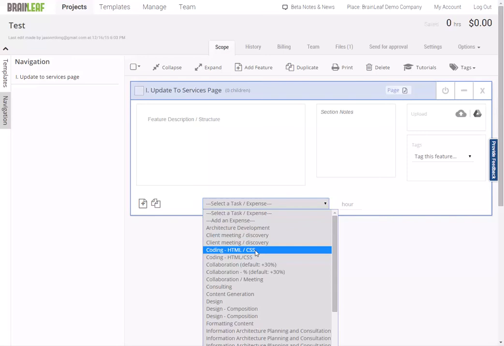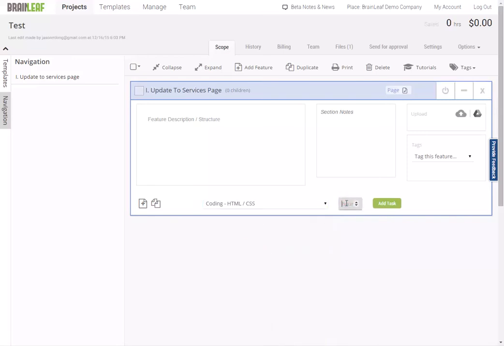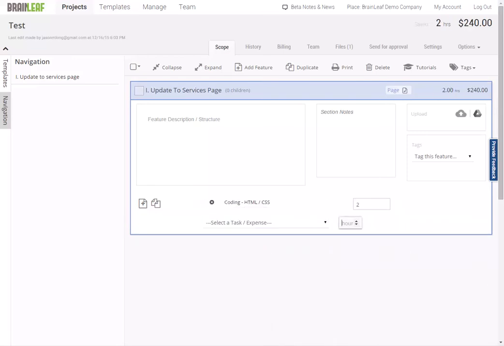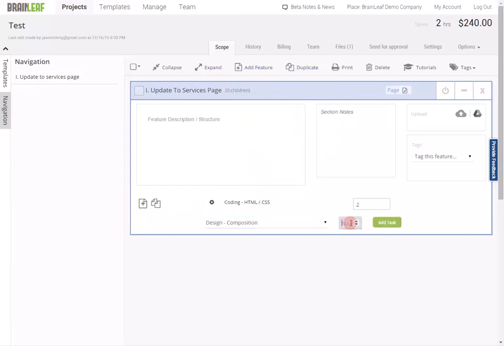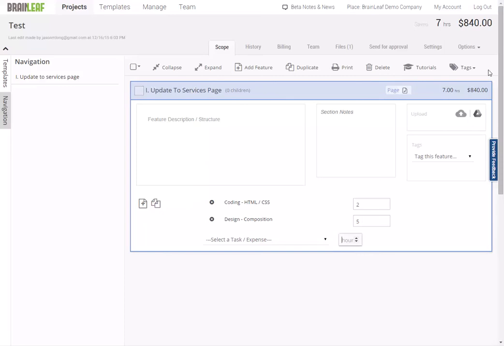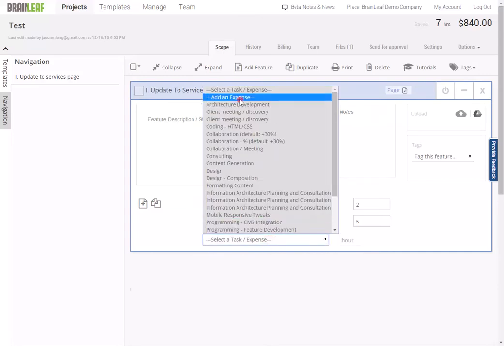So in this case, I'm going to say this is coding, and it's going to be 2 hours of coding. And you can see right here, it added 2 hours at $120 per hour equals $240. And if I want to add another one, say composition design, then I'm going to add 5 hours, and now we've got 7 hours at $840. And I can add as many as I want,